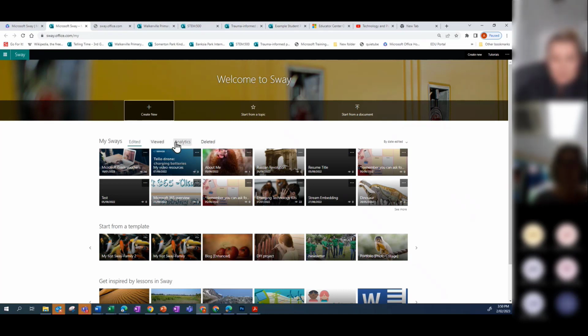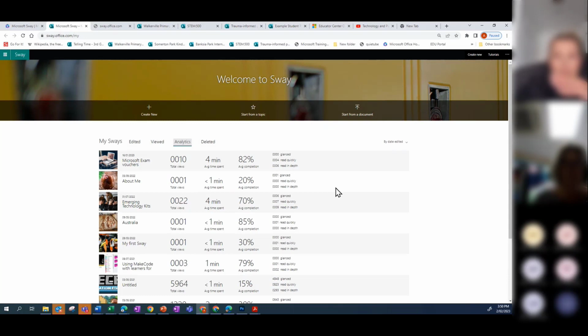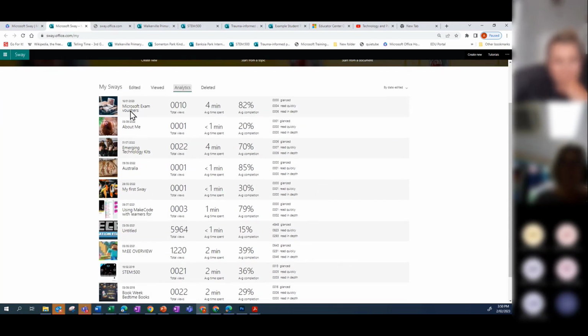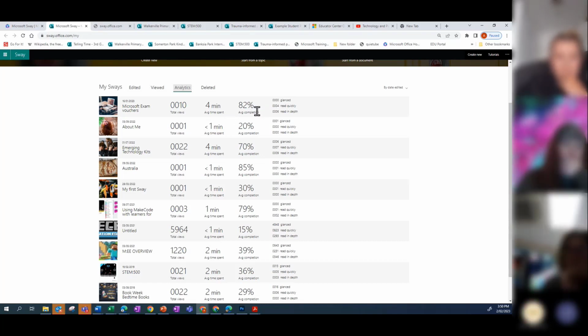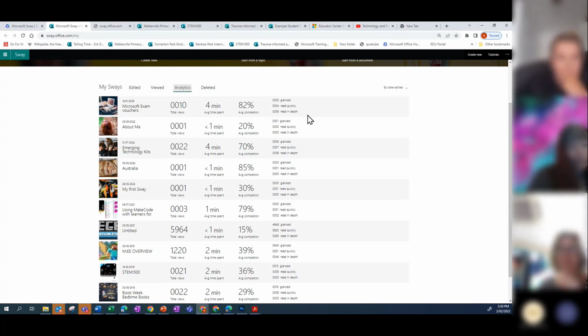So let me just bring back up my template so I don't get sidetracked. Now, before we do go creating, we'll just show you these couple of menus here. So with Sways, you get some analytics. So if I click on the analytics, I can see that these are all the Sways that I'm an owner of, and I can get some information about how many people viewed that sway. So this first one, I can see 10 people viewed it. They spent 4 minutes reading it,